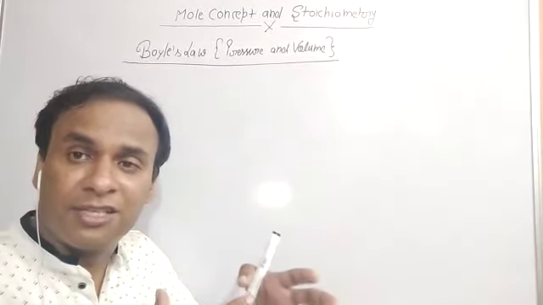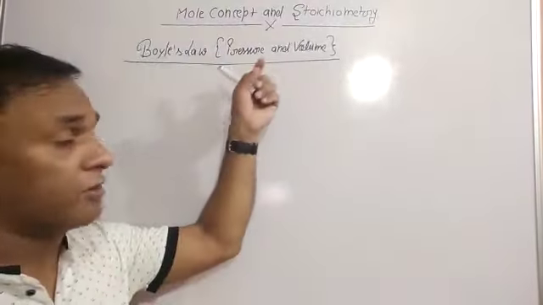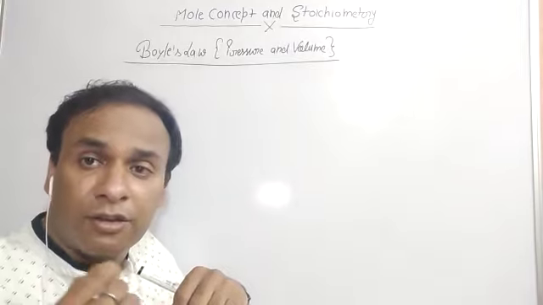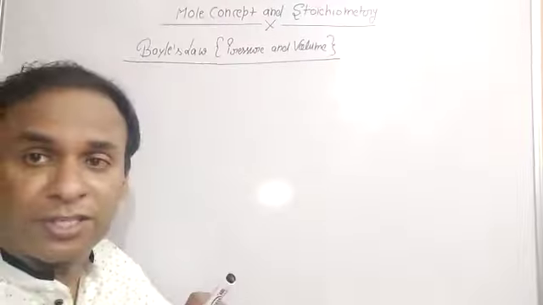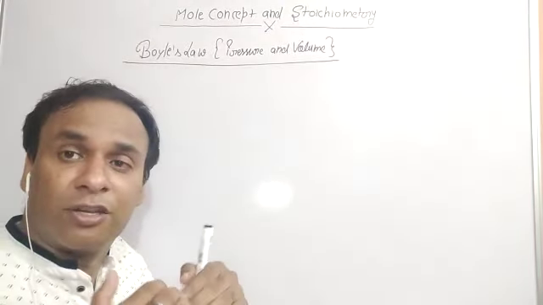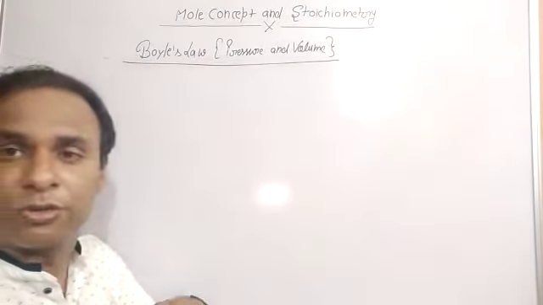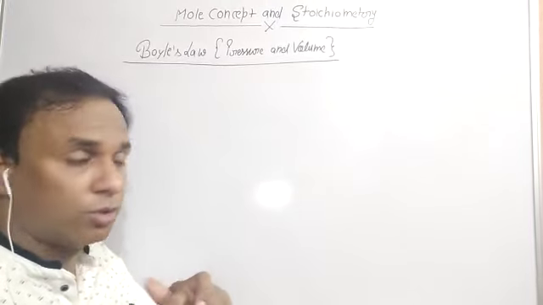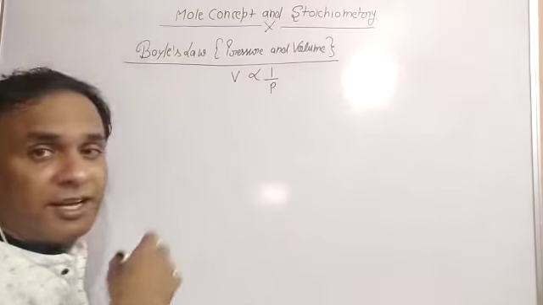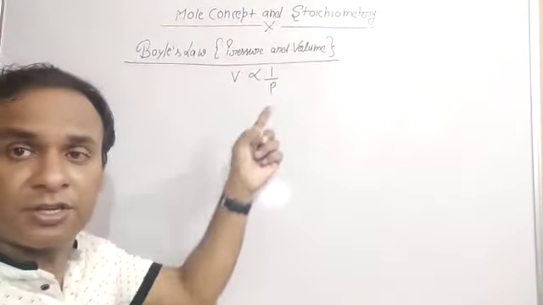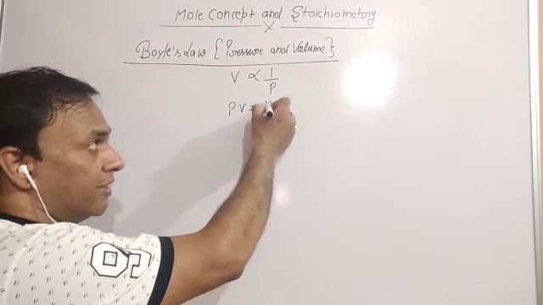In order to understand these gas laws, there are relationships between pressure, volume and temperature in which one variable remains constant. My first relationship, I'm going to explain, is the pressure-volume relationship, and the law which shows it is called Boyle's law. According to Boyle's law, the volume of a certain amount of dry gas is inversely proportional to applied pressure. That means the product of pressure and volume remains constant.